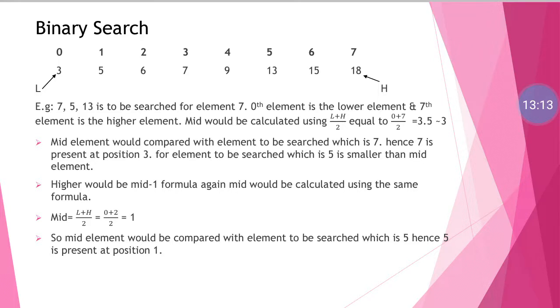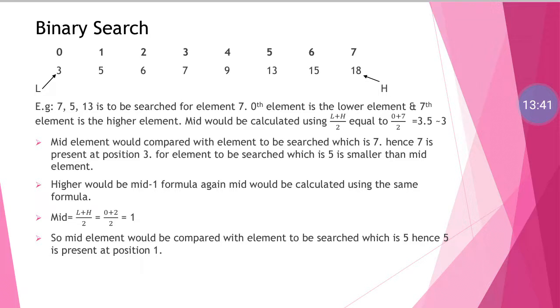Okay, so obviously this is a sorted list, and for example we need to search 7 in this case. We have a formula for binary search, that is mid equal to lower plus higher by 2. And remember students, mid, lower and higher all must be index positions. Remember this, all must be index positions and not the element itself. So here lower will be the 0th element and higher will be the 7th.